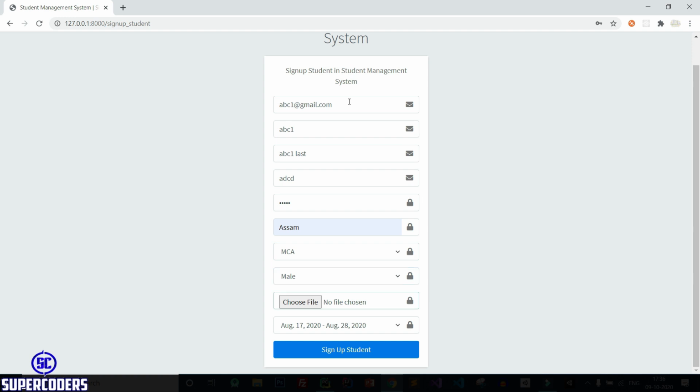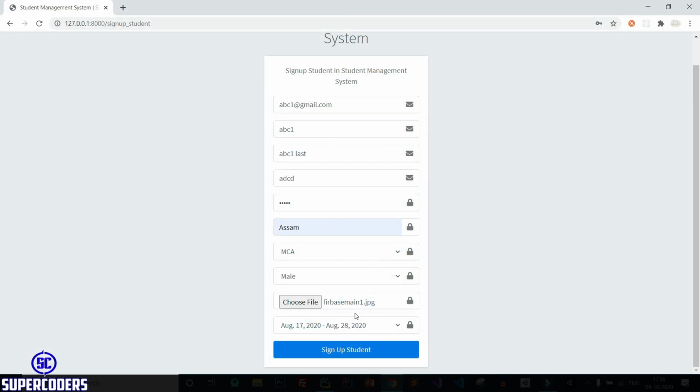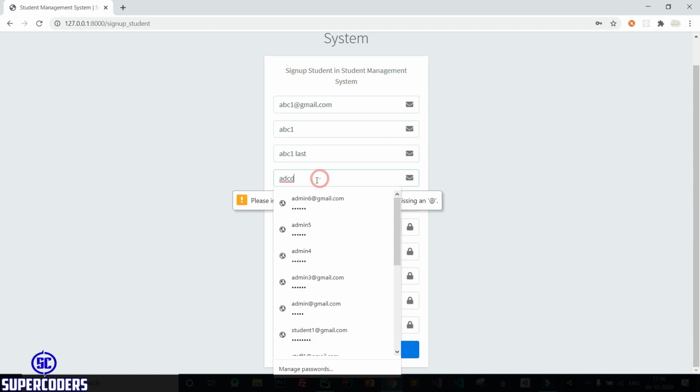Now let's select the file. So selecting file, choose file and select the file. Click on sign up student and it is showing an error for email.